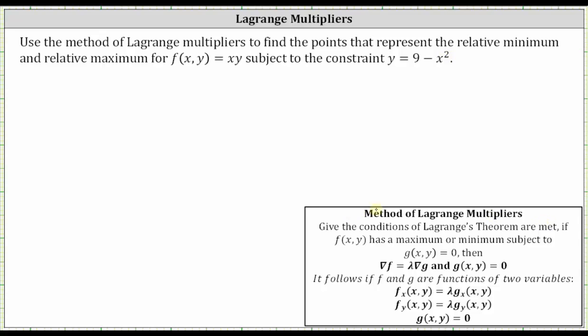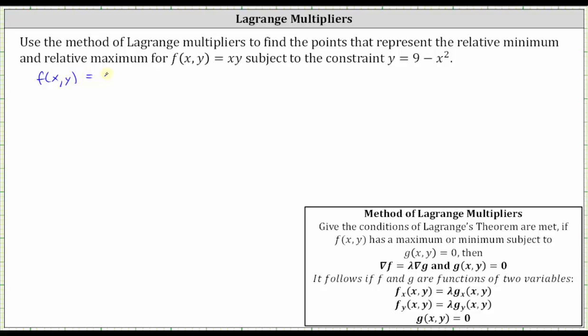a max or min, subject to g of x comma y equals 0, then the gradient of f is equal to lambda times the gradient of g and g of x comma y equals 0, which results in the system of equations below that we need to solve for x, y, and lambda. To begin, we are given f of x comma y